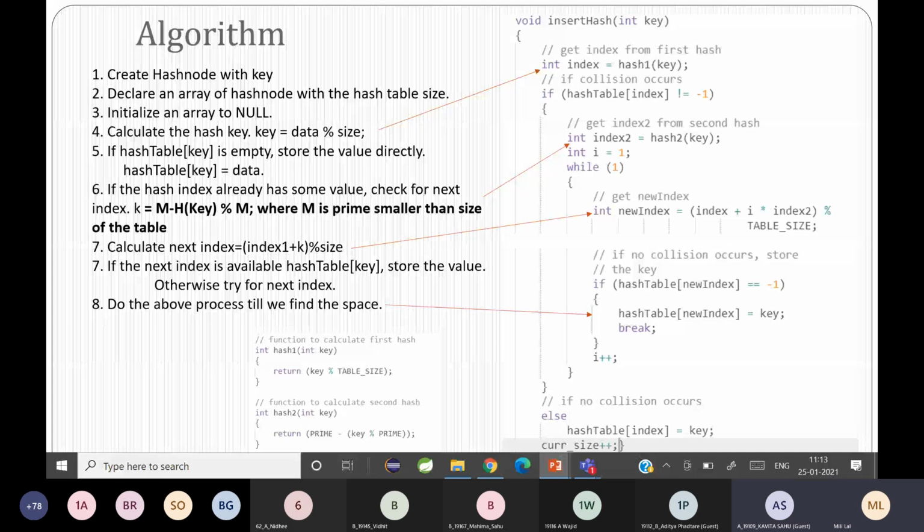Ma'am, the value of the prime would be the same throughout the code? Yes, whenever the element is inserted. For table size 7, we took 5, right? That's why I said, suppose in counting steps the available space is not there, you cannot change the prime. Understood? Instead, you will do a linear probing along with this. Fine, is it clear? Any doubt?